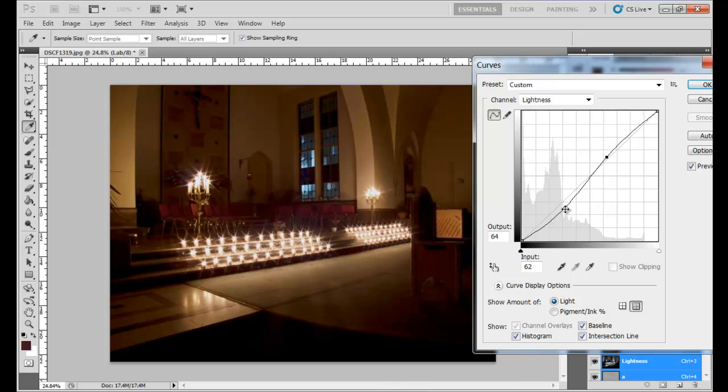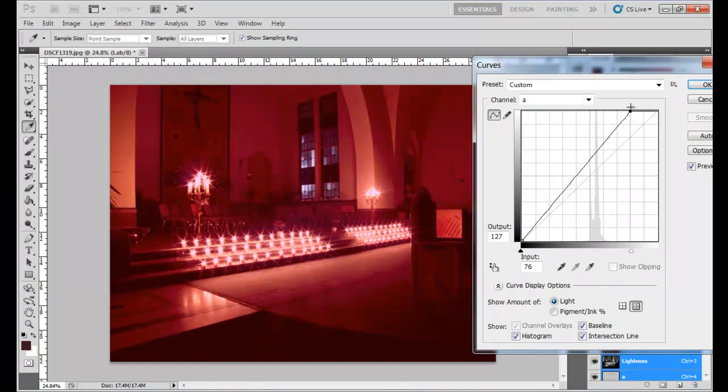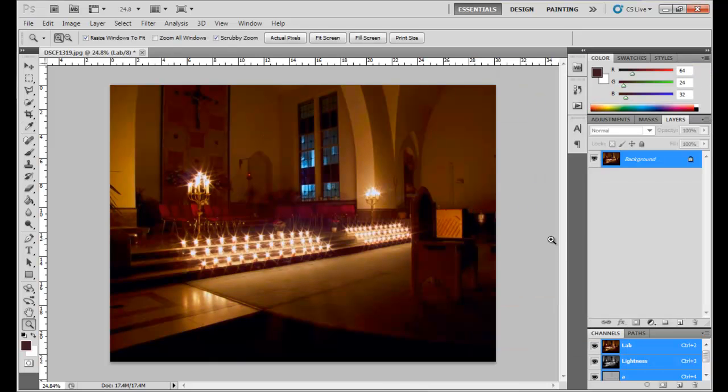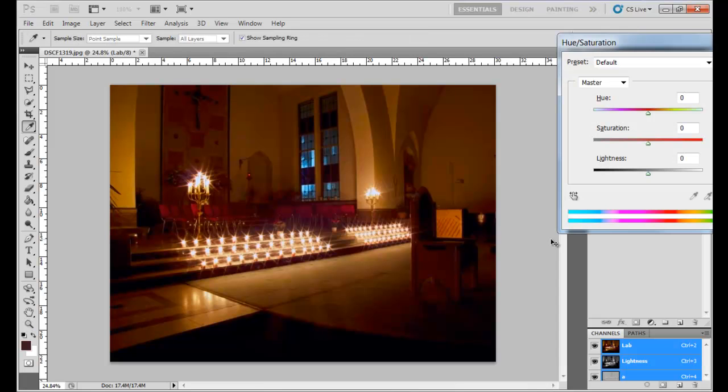It's a bit extreme for my liking. You can play about with it. Looks not too bad. Right, now we'll go into the A and the B channel, and what I'm going to do is bring it right into here. This is quite an extreme photograph, as you can probably see. We'll bring this in to here and bring this in to there. It is quite saturated, but I'm going to OK it, and I'm just going to press Ctrl U to bring up the hue and saturation panel,